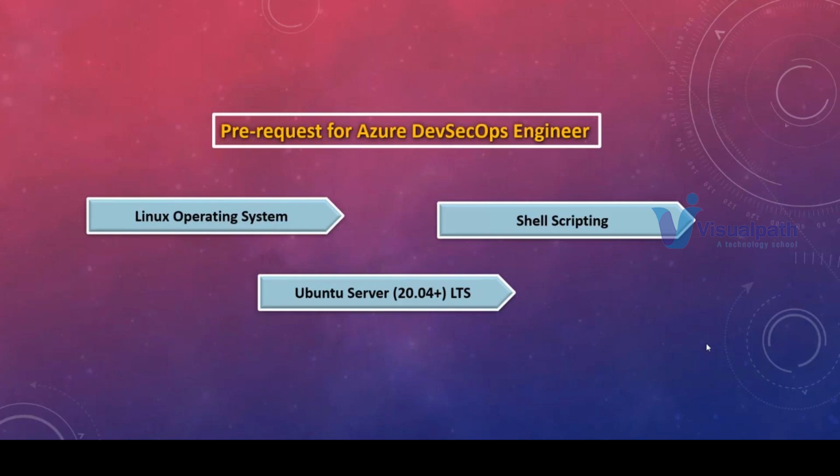Now in that, again, we have the desktop version and the server edition. Desktop, in the sense, is like your Ubuntu operating system, where we have a GUI, a graphical user interface. In a server edition, we don't have any GUI. If you need to talk to the operating system and fetch data, or run a program, software, or application, we have to execute only CLI commands. For example, in Windows, we have Command Prompt and PowerShell. Similar to that, we will be using only the CLI. That is what we have to learn.